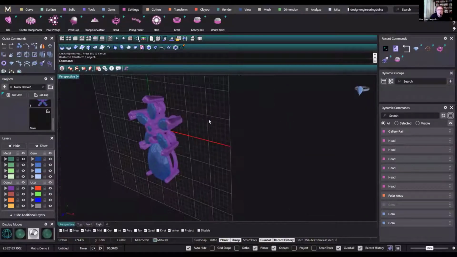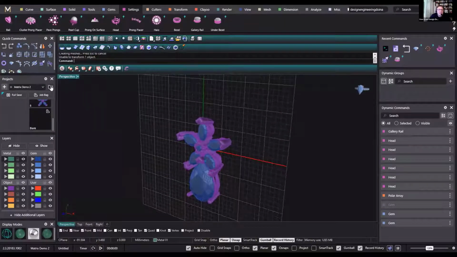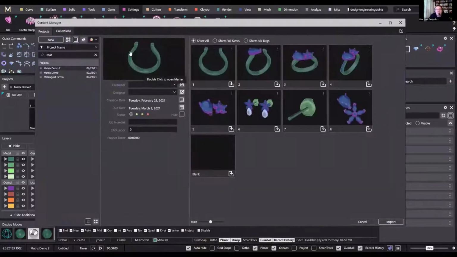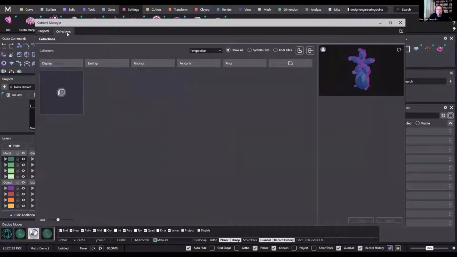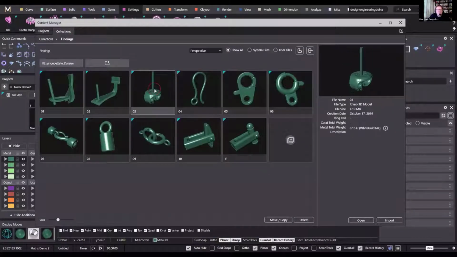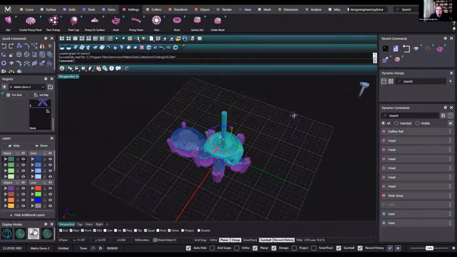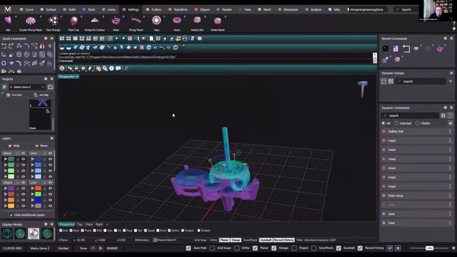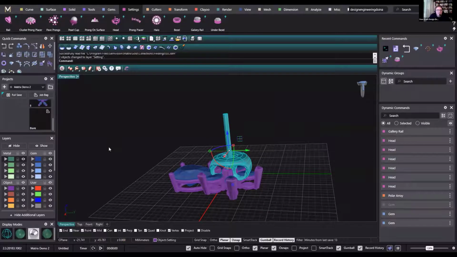Okay, that looks good. So now we will, from our library, add some fixation. This one for the earring, import it, position it in the right place. You don't have to design them, they're already in the collection, so not in the right position. So